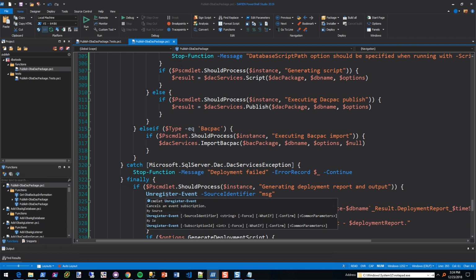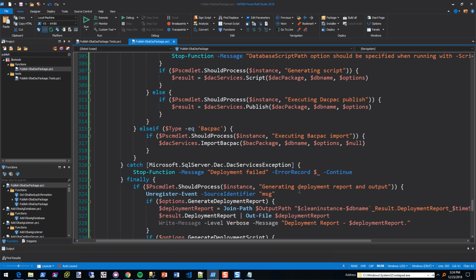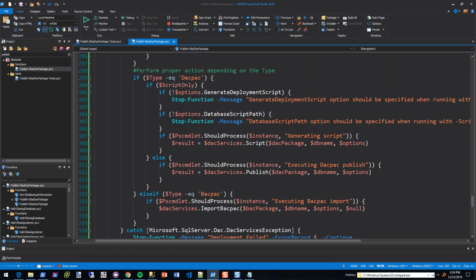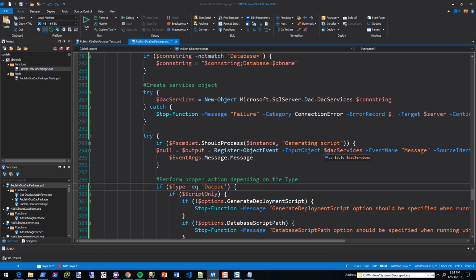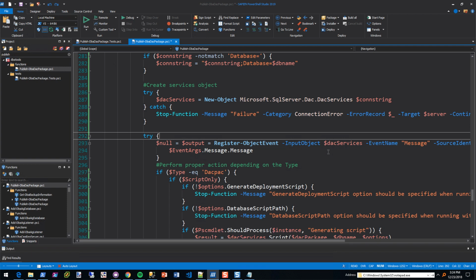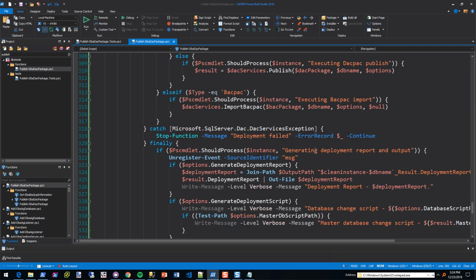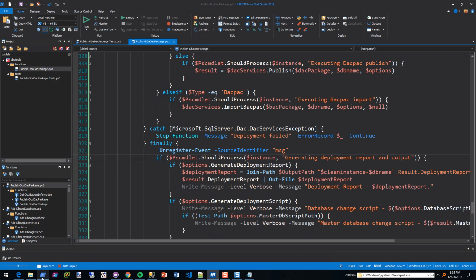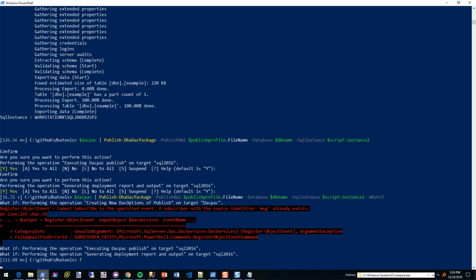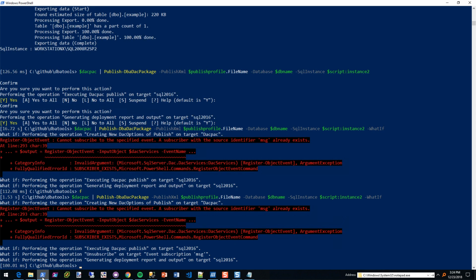So you could see that, oh, this is cool. All right. Instead of doing that, what I will do is, awesome, Control Z. I'm going to put that unregister outside of that. Boom. That way it can register and unregister as required. Excellent. All right, so let's go ahead and reload the module and then ask it what if.